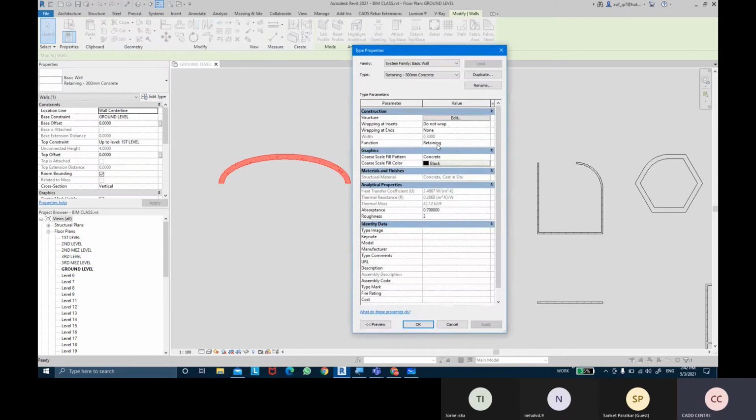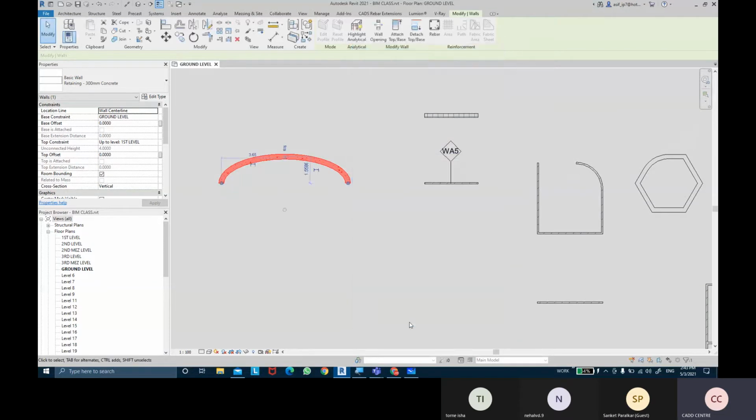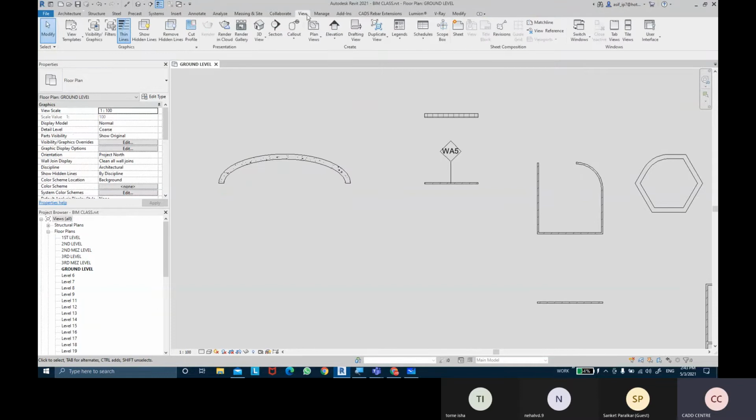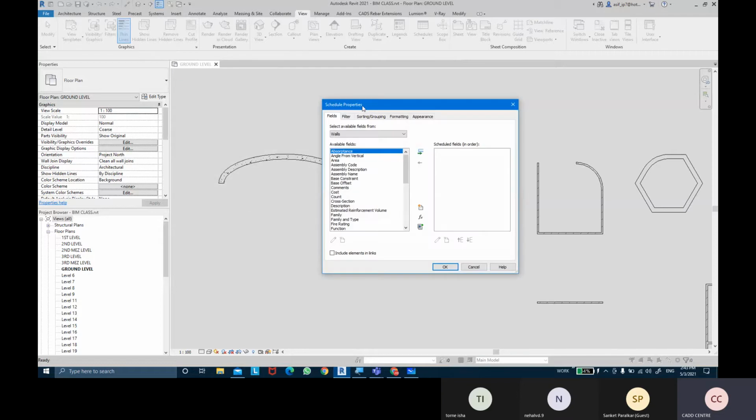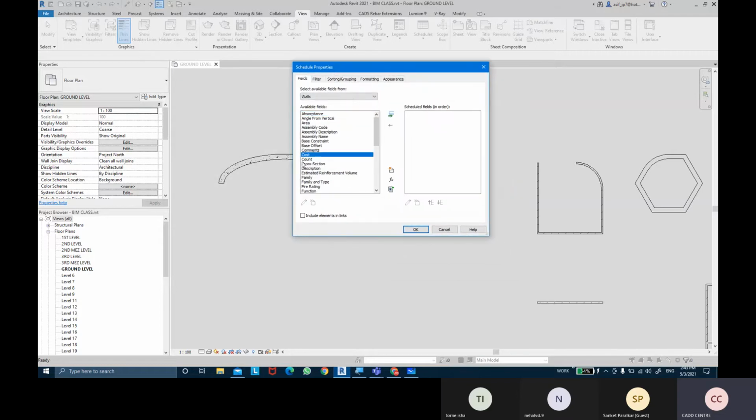Okay, so we need to define the functions of walls so that when we take out the schedules of the walls, we can classify which are interior walls, which are exterior walls, how many are exterior walls, how many retaining walls are there. So if I take out a schedule very quickly, if I come into the view tab, go into schedule quantities, take the schedule quantities of the walls. When I take out the schedule quantity of the walls, I can tell how many counts of walls are there. So I can add counts of wall, family and type, which family of wall and which type of wall I'm using.